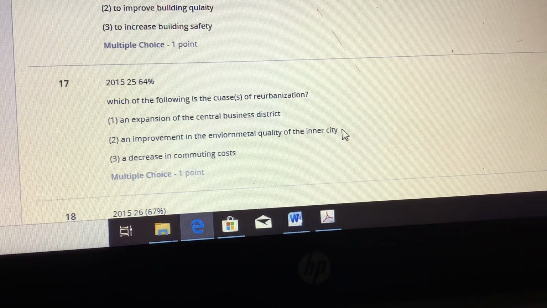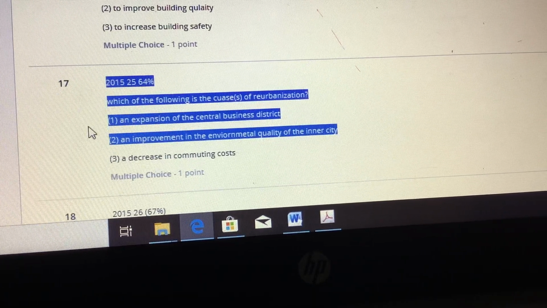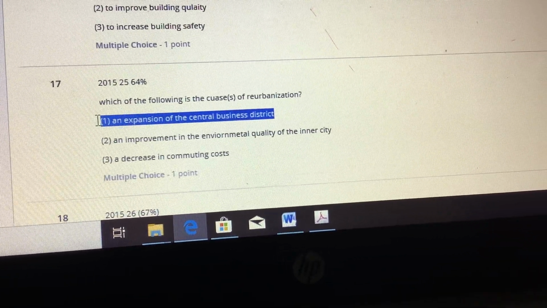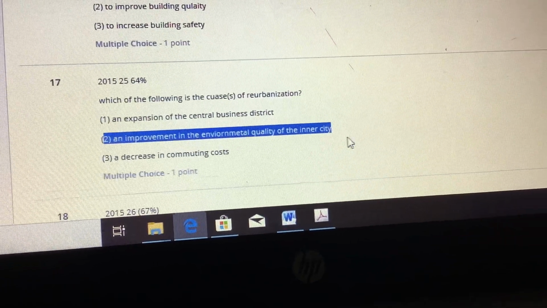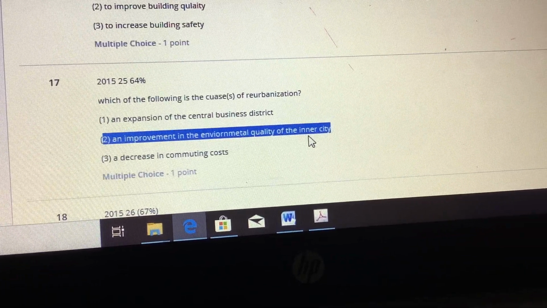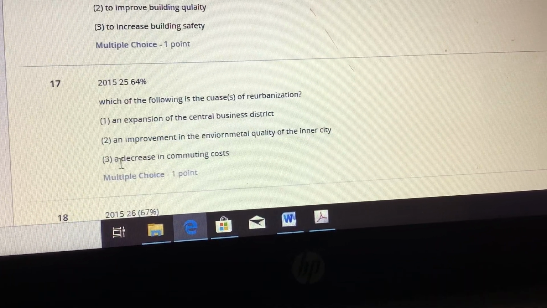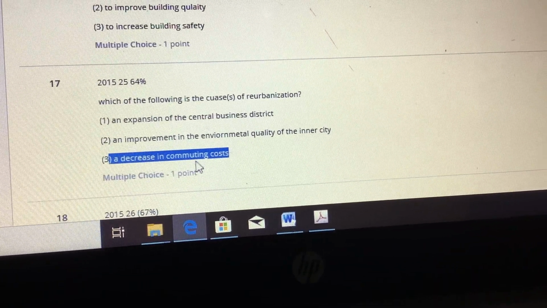Not really. Okay. Not very direct, but let's check it out. This one, is it correct? As I've said before, I just found Taiwan is having a good environmental quality. This one, decrease of commuting cost. What is commuting?